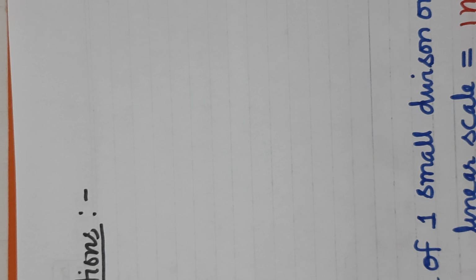You have to find the mean distance between these legs. Here there are 3 distances. One distance is this, the other distance is this, and the third is this. You find out the average distance between 2 legs. It is clear? That is what you have to show, and that is what I am trying to show here. How will you find the average distance between 2 legs? So you can see here.